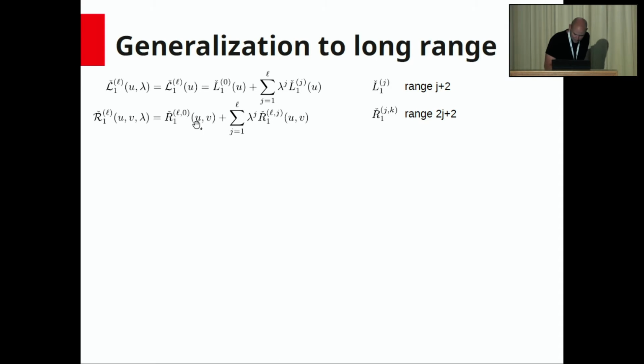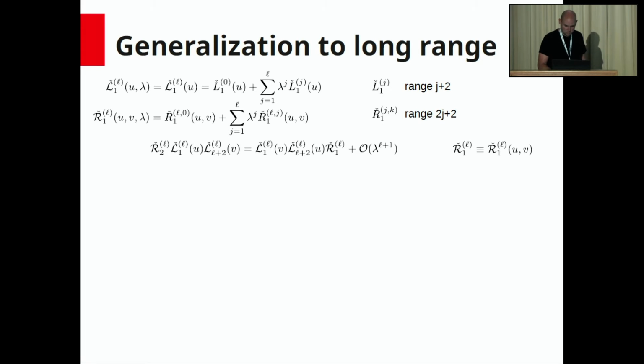So in the series expansion, these R operators have two indexes. The first index labels the level, and the second index corresponds to the order in the coupling. So this definition is needed for a consistent algebraic definition. We will see the details now. So we define the RLL relation just as for the medium range case, but now we define this